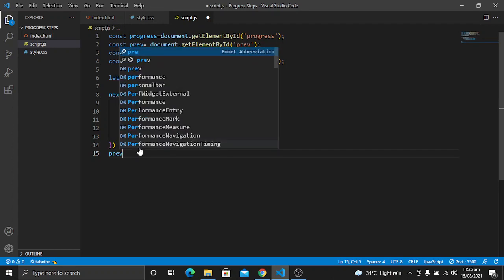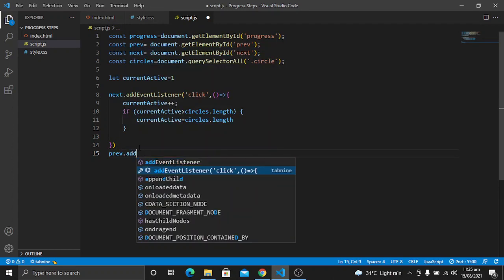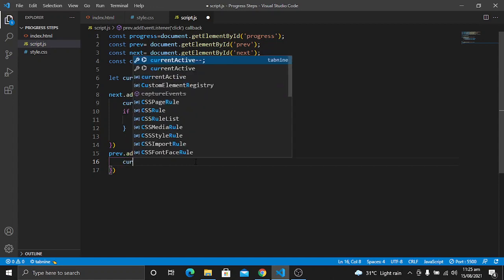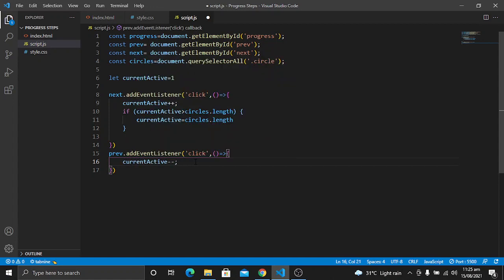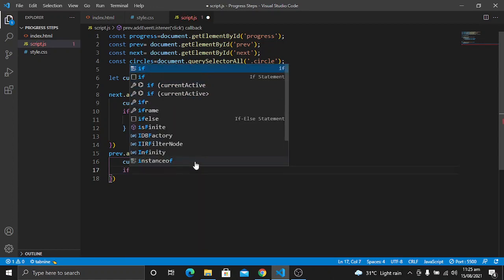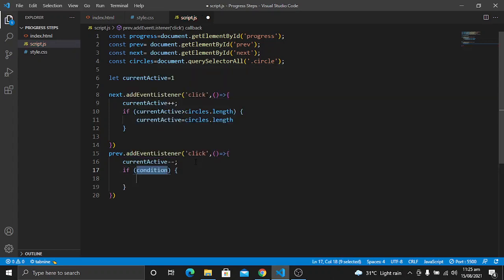So let's save it. Now I also want to add an event listener to the previous button. It will be this one. It will add an event listener on click, and for the previous button I want to decrement currentActive, and I will also run an if statement for this. It will check if currentActive is less than 1.